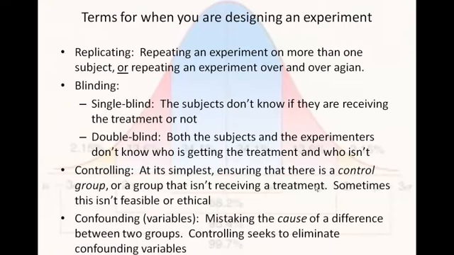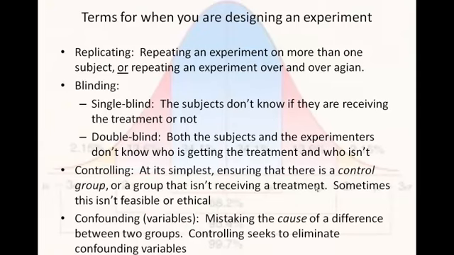Okay, so in the case of the calculus experiment, if I've got students that I'm teaching calculus in a new way, in an innovative way, I don't want them to know that they're receiving a treatment, because you can get something called a treatment effect or a placebo effect if people think that they're getting a treatment and they're actually not getting it. Single blind means the subjects don't know if they're receiving the treatment or not. So you're sitting in my calculus class and you have no idea whether you're getting a new and innovative way